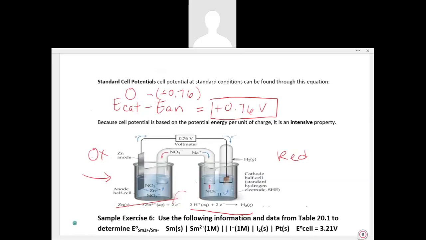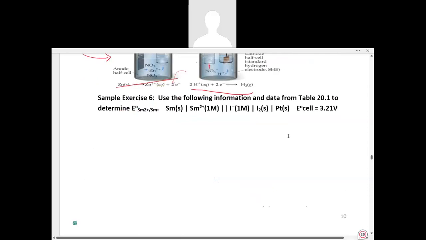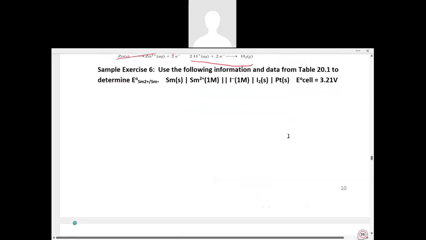We should note that cell potential is the potential energy per unit charge. So we'll have this relationship, joule per coulomb equals a volt. And because of this, this is considered an intensive property. So it doesn't matter how much quantity we have, how many moles we have, this will be the same no matter what the quantity. So let's take a look here at sample exercise 6